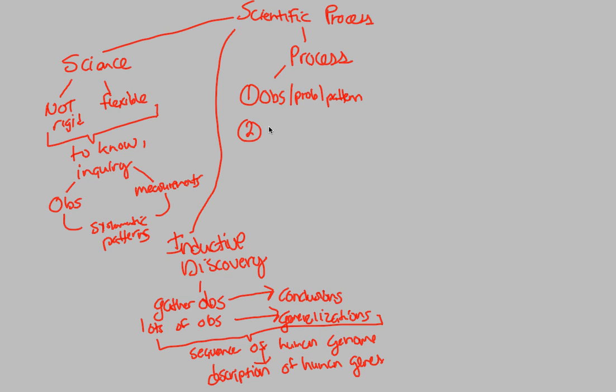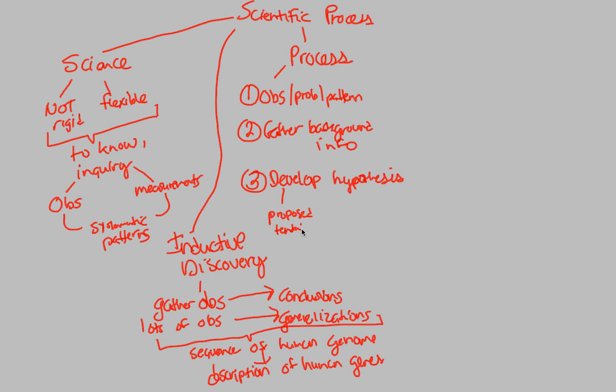which is gather some background information. You go out and you figure, what else am I missing? What else do I need to know before I can figure out a reason for this observation, a reason for this problem or pattern? And once you've gathered that background information, you now have this great ability to develop a hypothesis. Now, we've all heard of the term hypothesis before, and you can probably say it's an educated guess, but a better way of describing it, especially at the college level, I think, is this. We can call a hypothesis a proposed